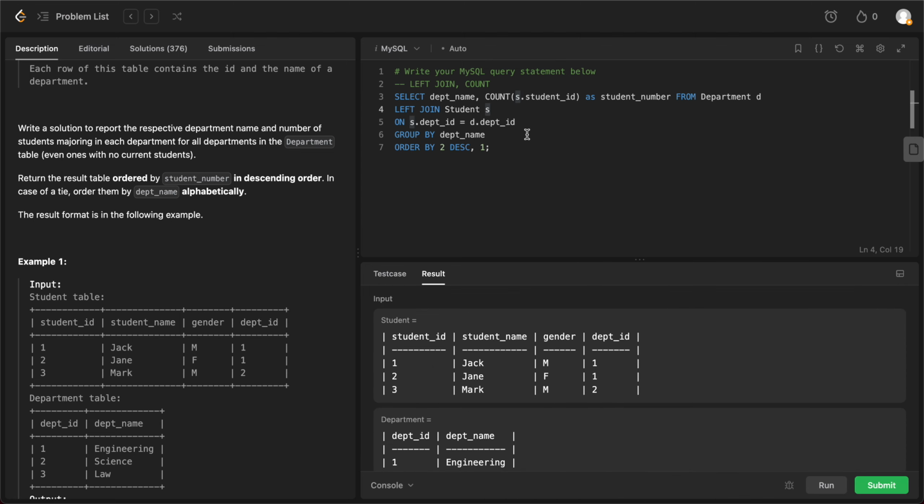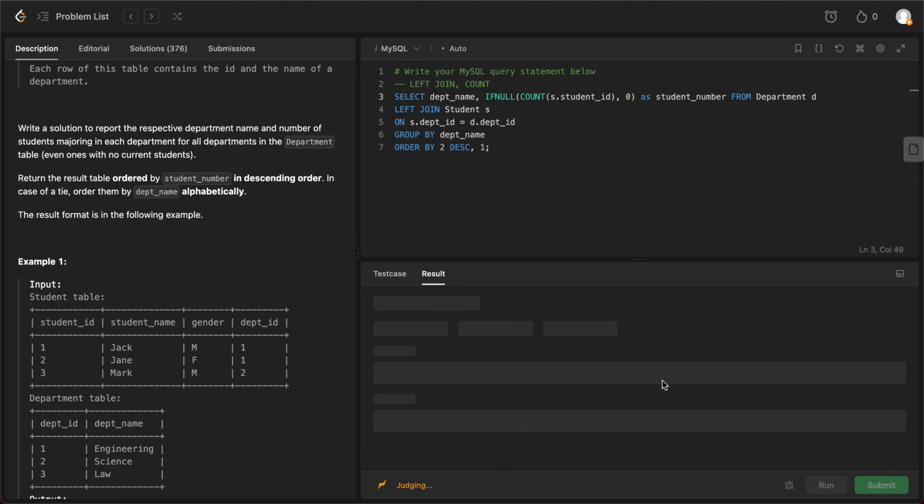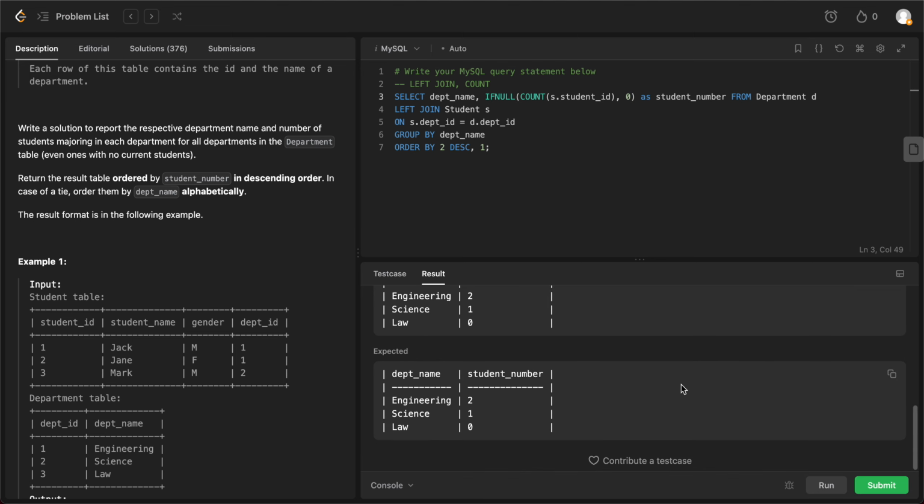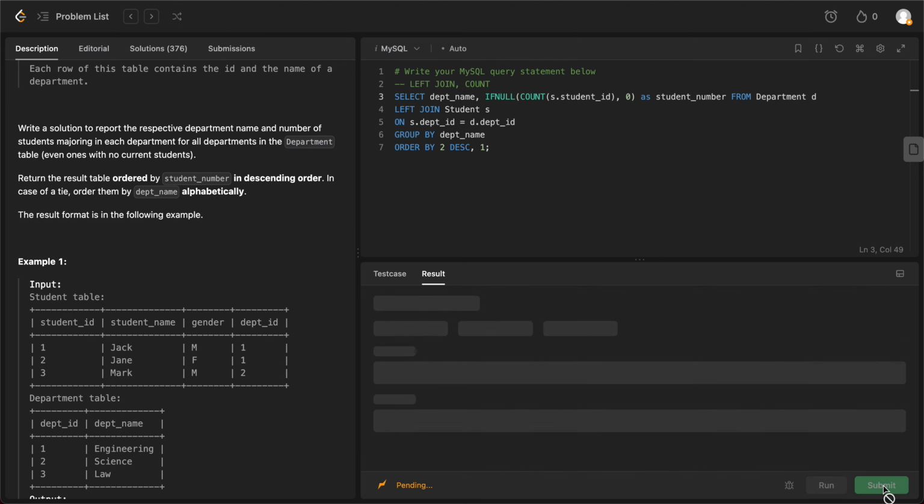But the last case is that sometimes you don't really get any sort of records at all. So if this is null, what we need to do is, if there's no record at all, instead of printing out the null value, let's just print that out as 0. So that is just for safety. If you compile this right now, it still gives us the results that we care about, and then when we submit it,